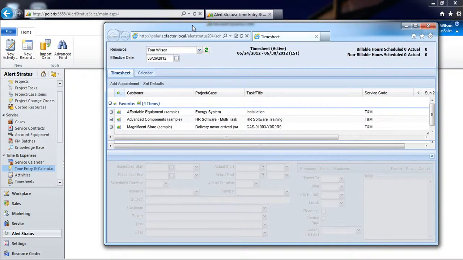The time entry and calendar portal in Alert Stratus is a browser-independent entity that allows resources to manage their service calendars and submit any time, any parts, materials, and expenses to all the different projects and cases that are assigned to them, and they can do so all from one place. So it's a really powerful tool for doing any service dispatching and creating any appointments or service activities against our